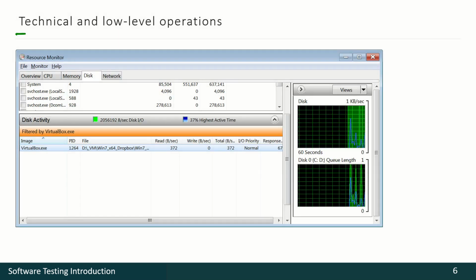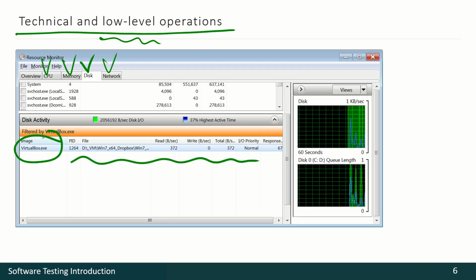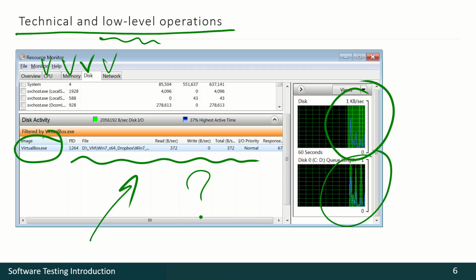The next idea is almost like the previous one. When we are speaking about some low-level operations, like working with disk, with network, with memory, with CPU, and we, for instance, want to investigate some application and its operations, it's absolutely impossible to execute such tasks without some tool. How can we see inside the operating system and analyze what application is doing what?